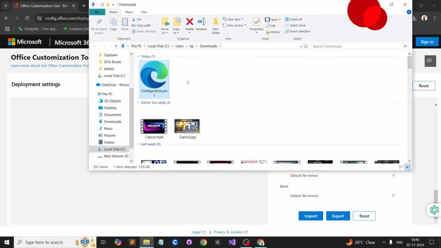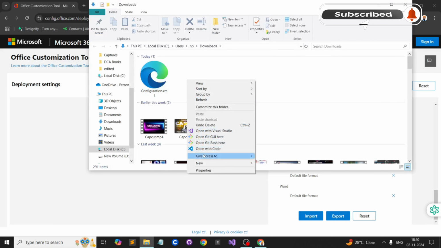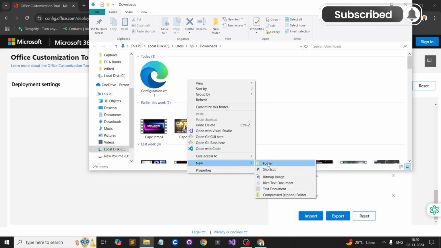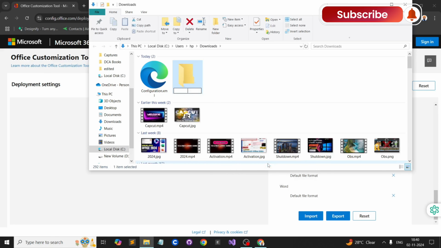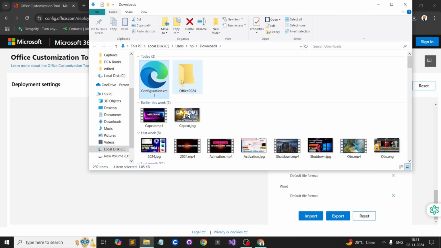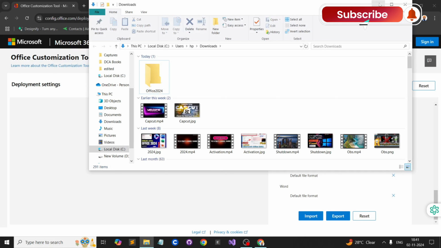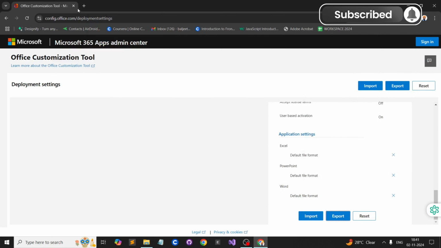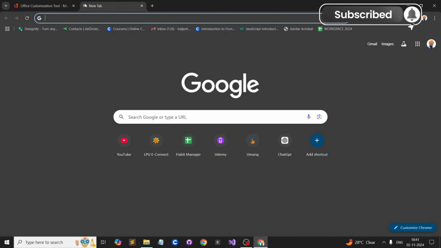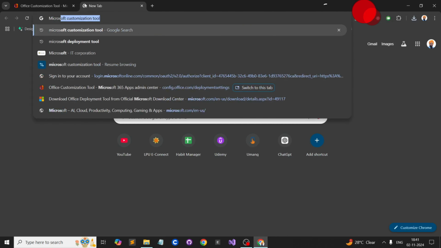and guys see beside that I am creating a new folder named Office 2024, and then enter, and move this configuration.xml in Office 2024. Let's minimize it. And guys, here in browser open new tab, and here search for Microsoft deployment tool,